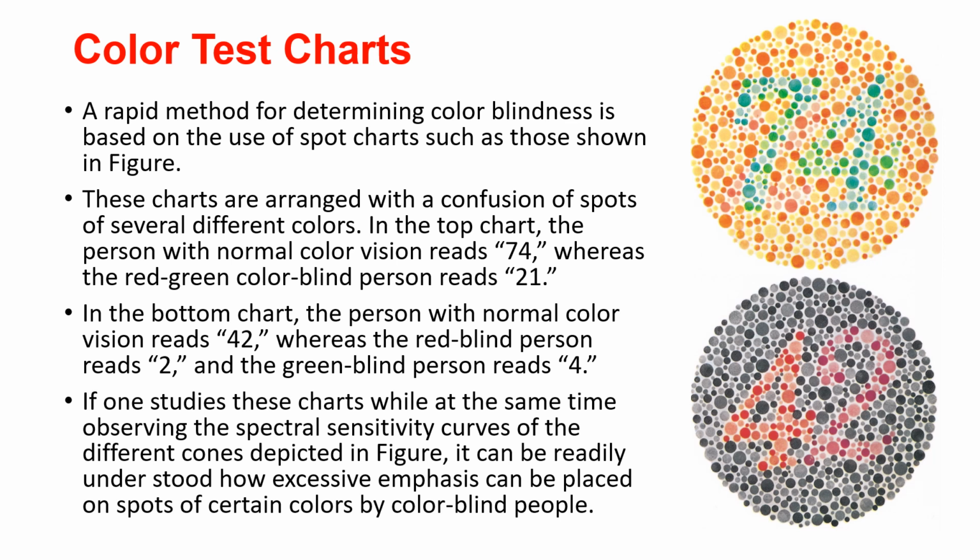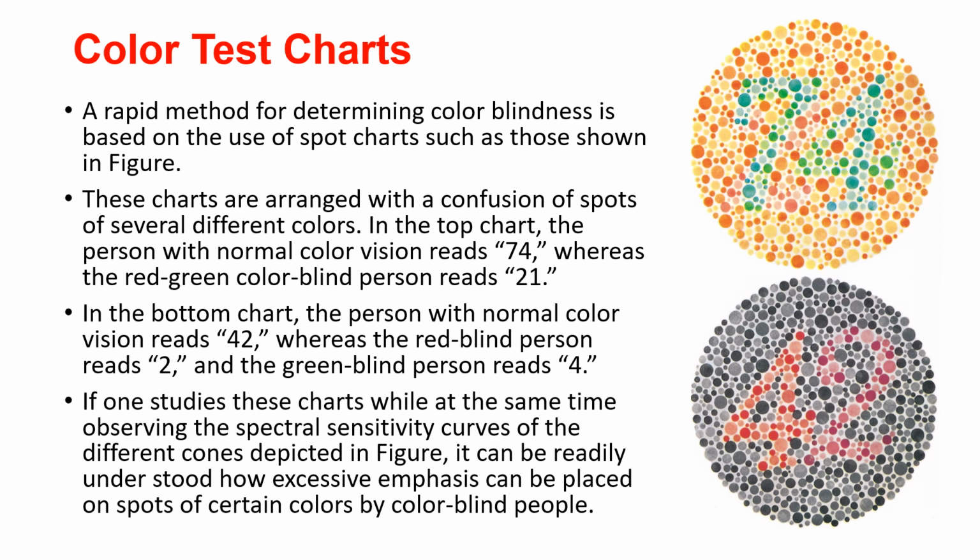Color test charts. A rapid method for determining color blindness is based on the use of spot charts such as those shown in figure. These charts are arranged with a confusion of spots of several different colors. In the top chart, the person with normal color vision reads 74, whereas the red-green colorblind person reads 21. In the bottom chart, the person with normal color vision reads 42, whereas the red-blind person reads 2, and the